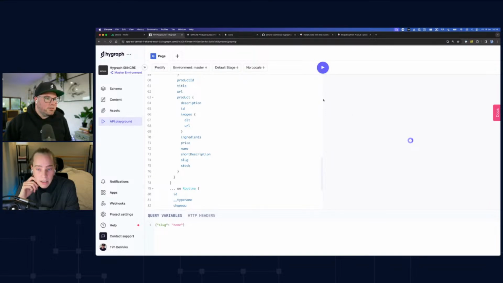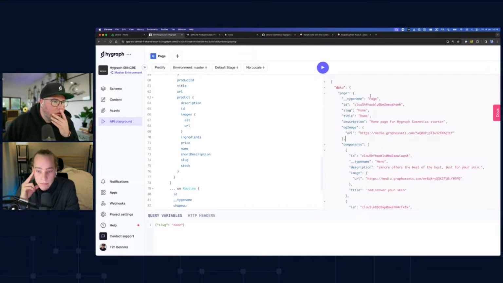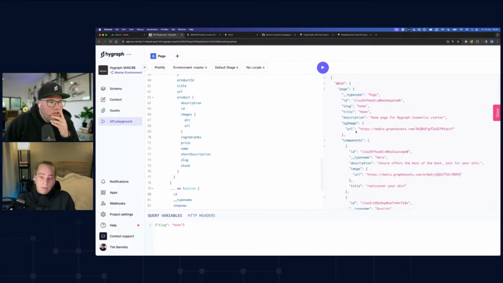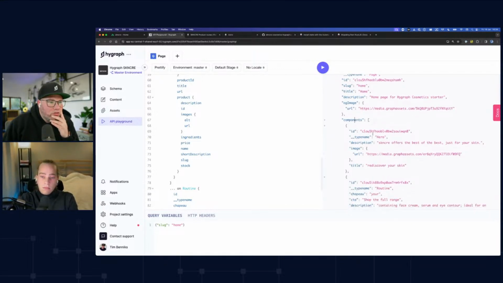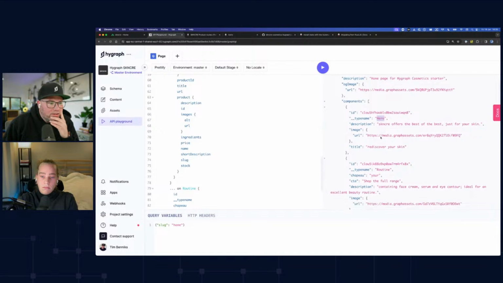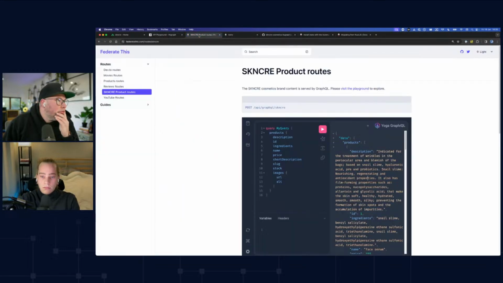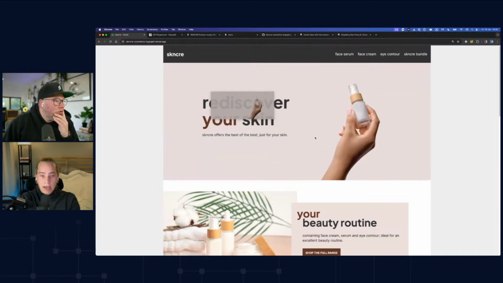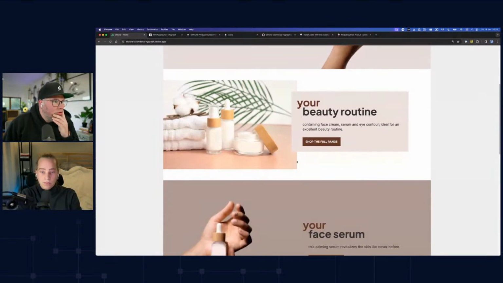So this would basically have the homepage. Yeah. Exactly. There we go. Okay, so there is the page, slug, title, description, OG image, and then here are all our components, right? So we have the hero component, then we have the routine component. And look, those are your actual Vue components in the case of Nuxt. Hero component, exactly. Routine component,